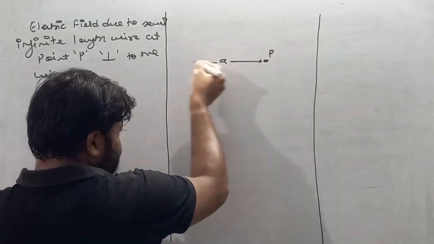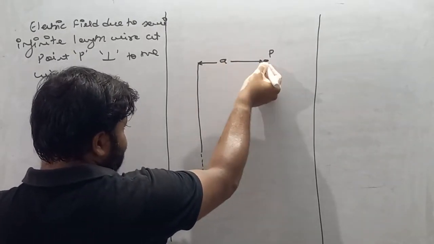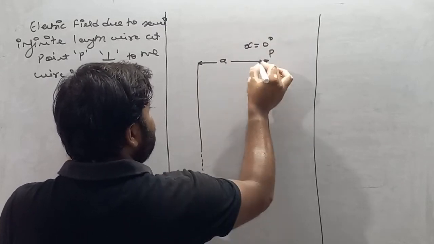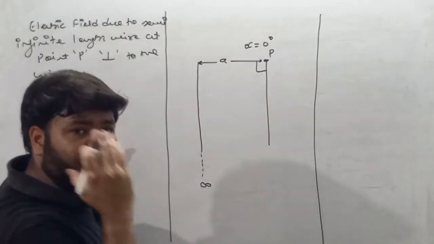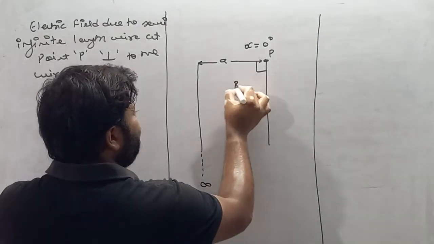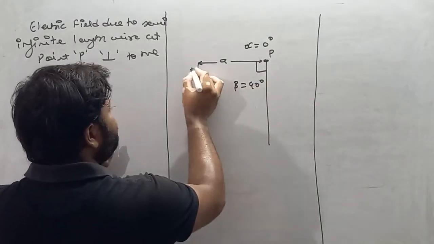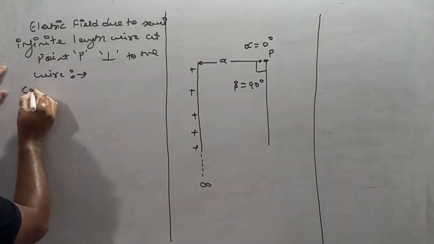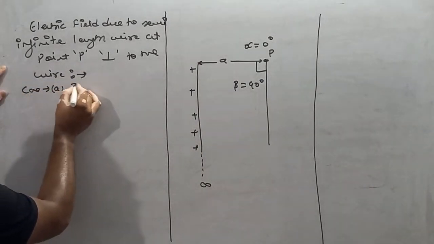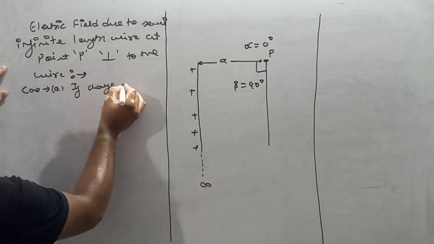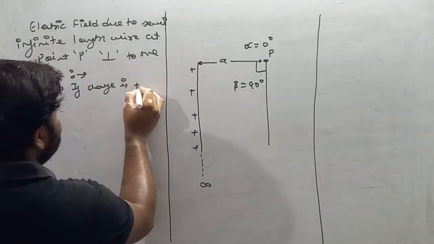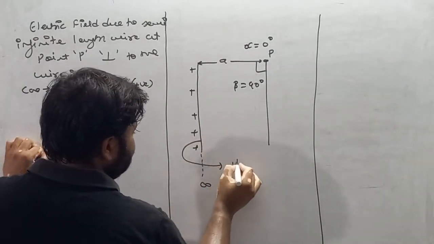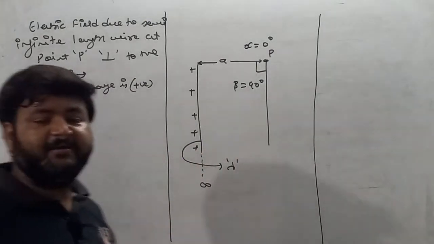So if you are just opposite to one end of the wire, the value of alpha is 0 and the other end is up to infinity, so the value of beta becomes equal to 90 degrees. See, I'll write case A: if charge is positive, we are considering charge to be positive, and let the linear charge density on the wire be